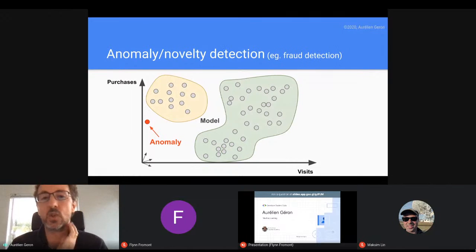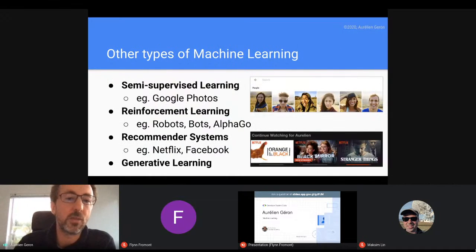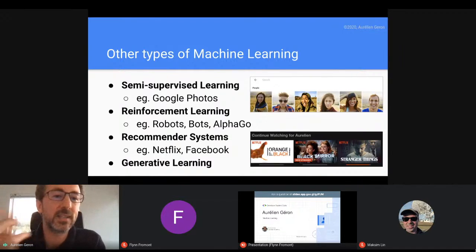That's unsupervised learning. Another example of unsupervised learning algorithm is anomaly detection. Say you feed the algorithm a lot of data, and then you give it new data, and you ask it, does it look like something you've seen before or not? That's anomaly detection. And then there's other things which are like hybrids, semi-supervised learning algorithms. For example, in Google Photos, you upload a bunch of photos without telling it who these people are. But then if you just label a few of them, it will automatically label the others, right? So that's semi-supervised learning.